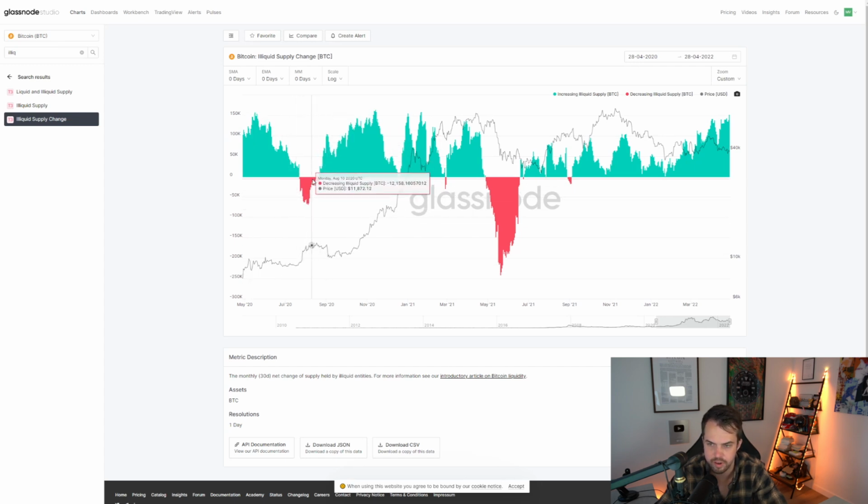We've had a period of a flip here, but we mostly had a period of a flip of this illiquid supply chains after the big bull run, as during the bull run the illiquid supply chains increased significantly, and that results in a big sell-off. What we see now is that since last summer, price action of Bitcoin has remained relatively stable, and during that period the illiquid supply chains has been increasing significantly, meaning that there is less reason for investors to sell their positions. Fundamentally, they don't see a reason to do so either, so they just stick to that position, and when the run starts to happen, we can expect another vertical move